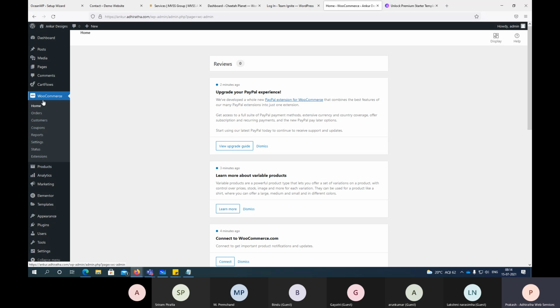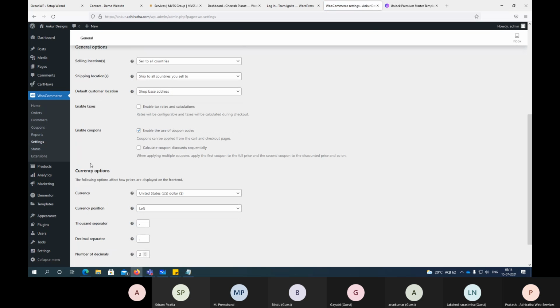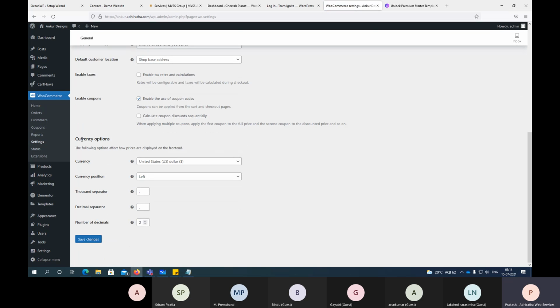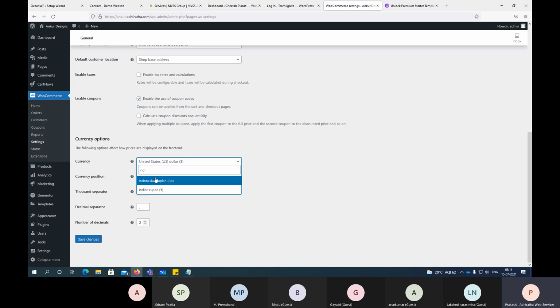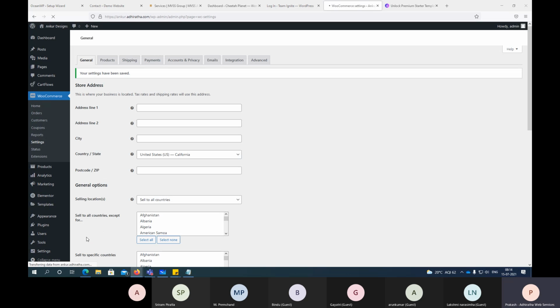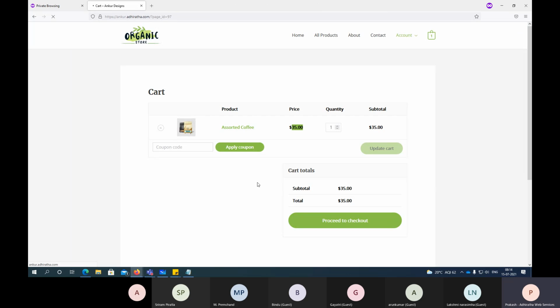So what I should do is go to WooCommerce settings. Right. Scroll down. See currency options, right? So what I'll do is select Indian rupee and save it. Right. So if you come and refresh this page, see now it's changed to rupee.